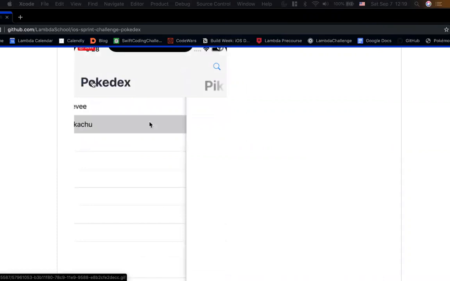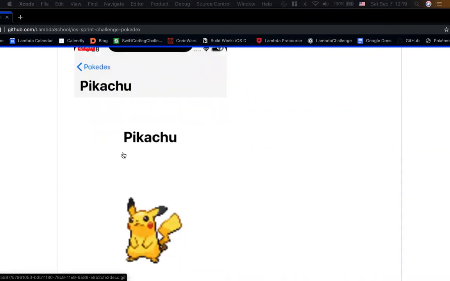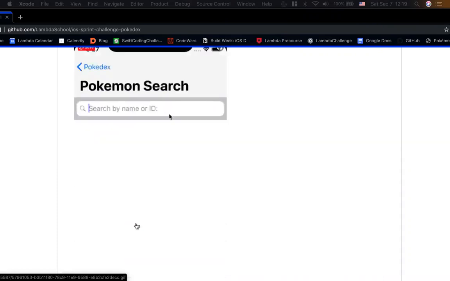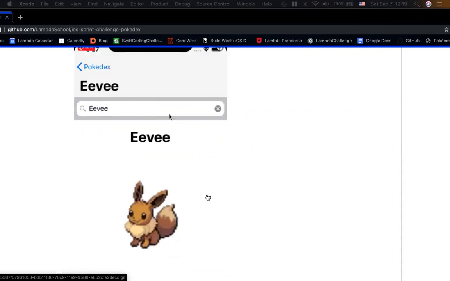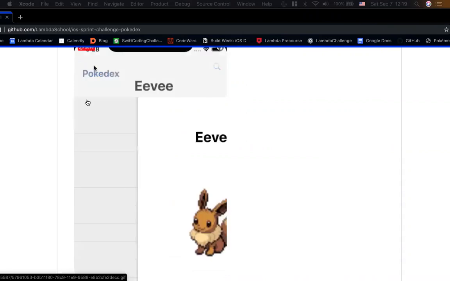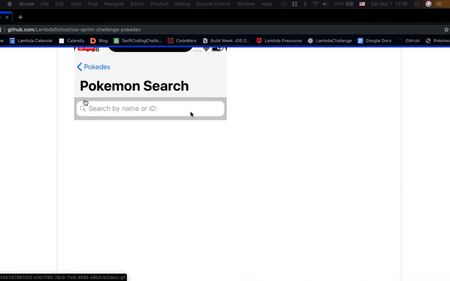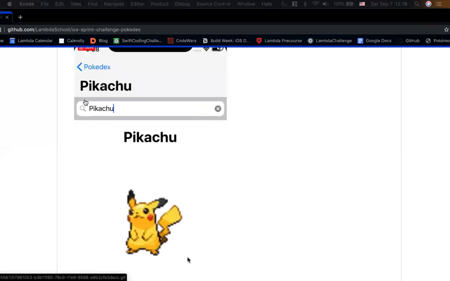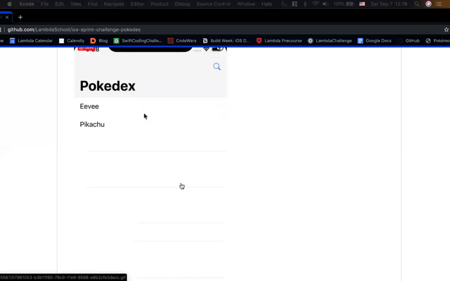Because if we can see here, we've got a detail view. There's a main table view where we're going to hit the search bar. It's going to pull up a view controller. We're going to search for a Pokemon. We'll be able to save it. It'll go back to our table view controller. And then once we are there, we can select any Pokemon in that table view controller and see more information